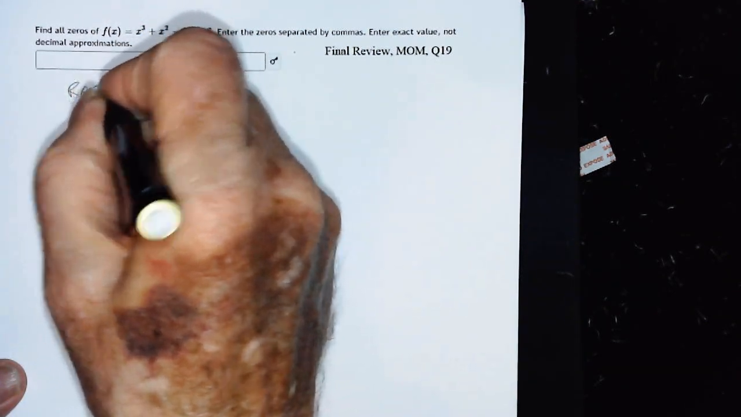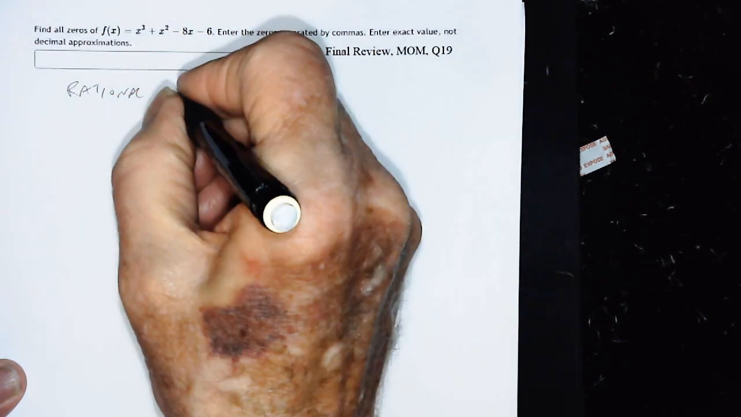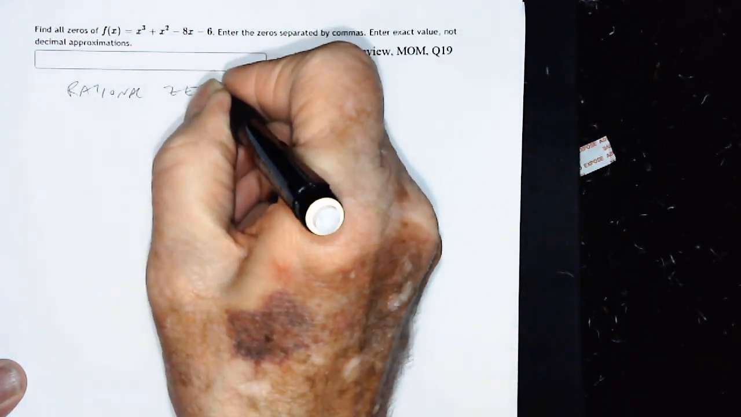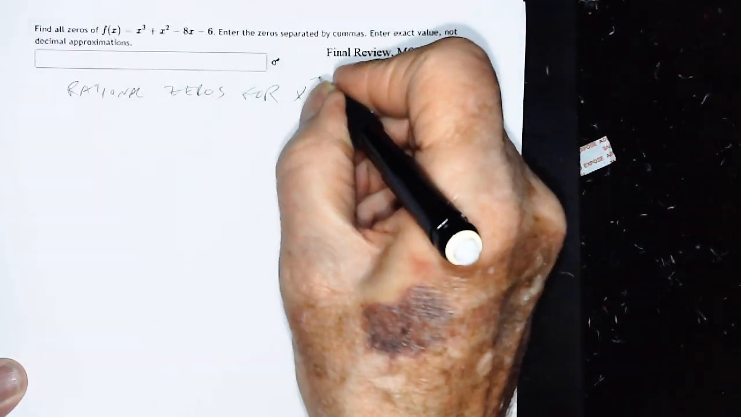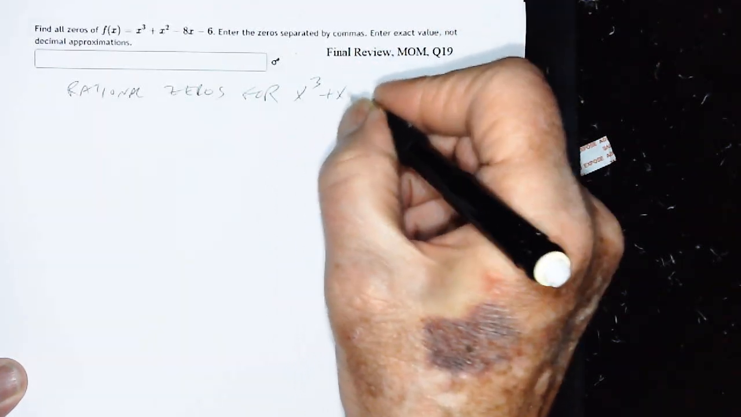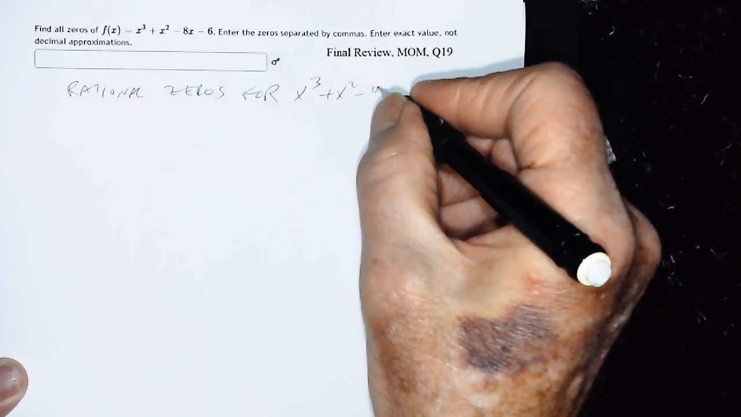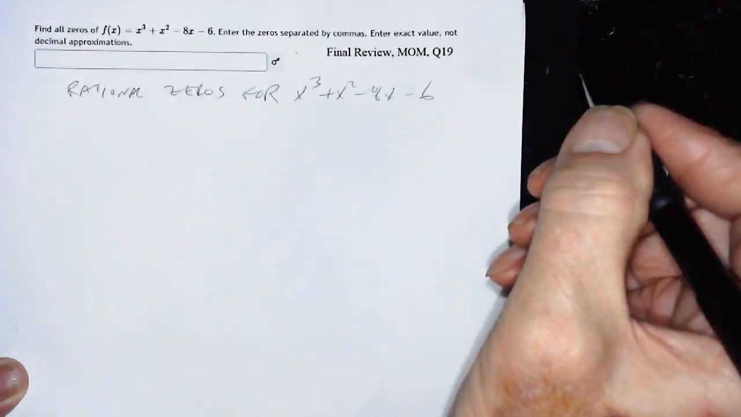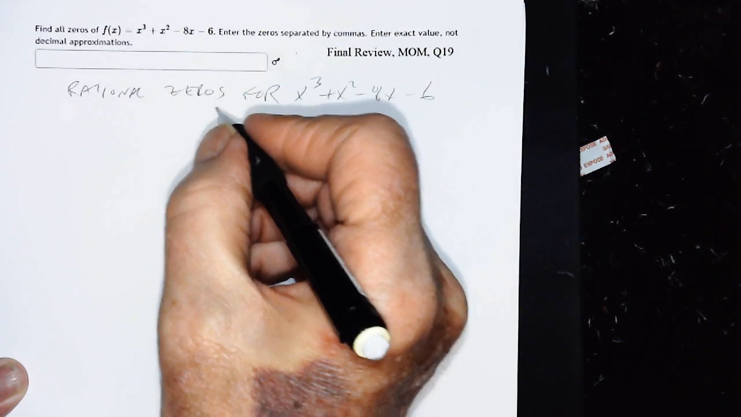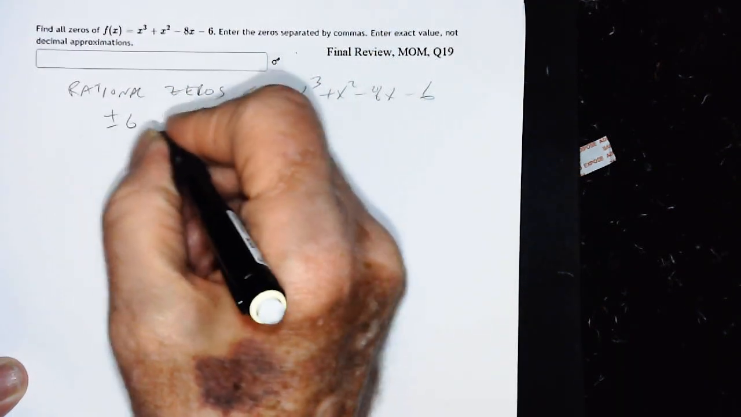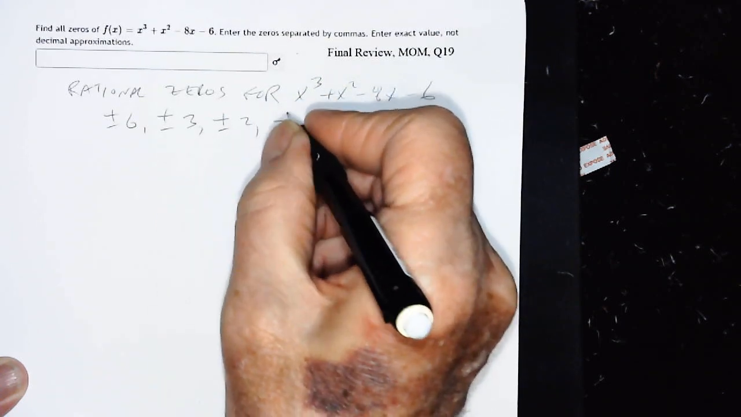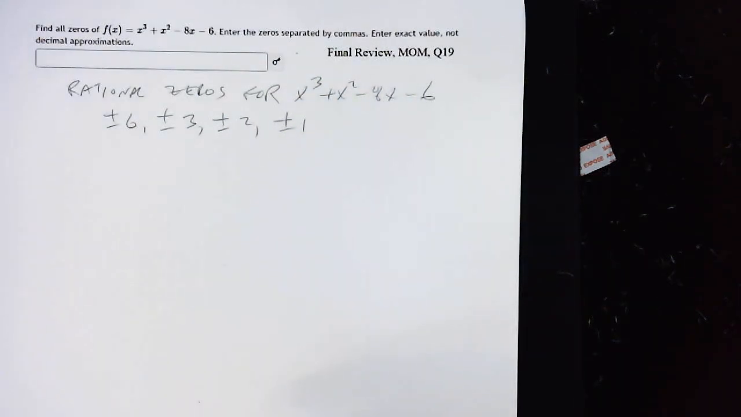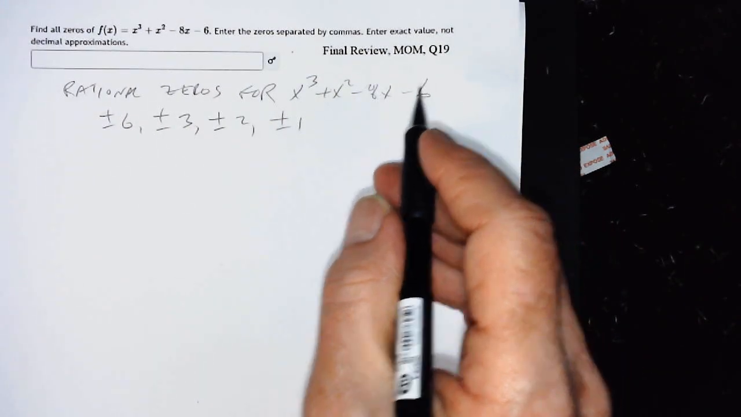The rational zeros for x cubed plus x squared minus 8x minus 6 are these: plus or minus 6, plus or minus 3, plus or minus 2, and plus or minus 1. Now, of course, as you saw in my video for question 18, the way I got that